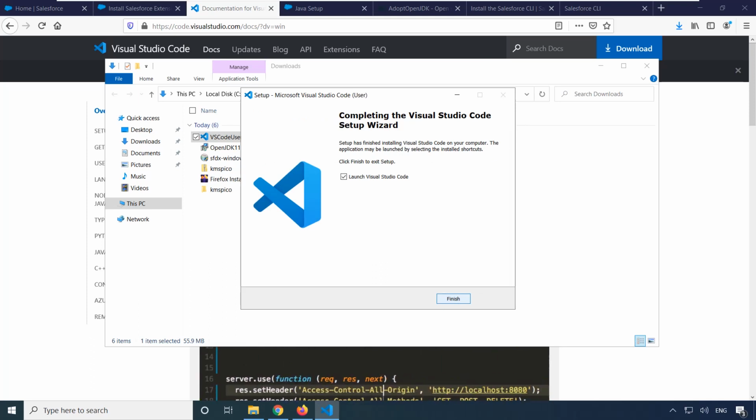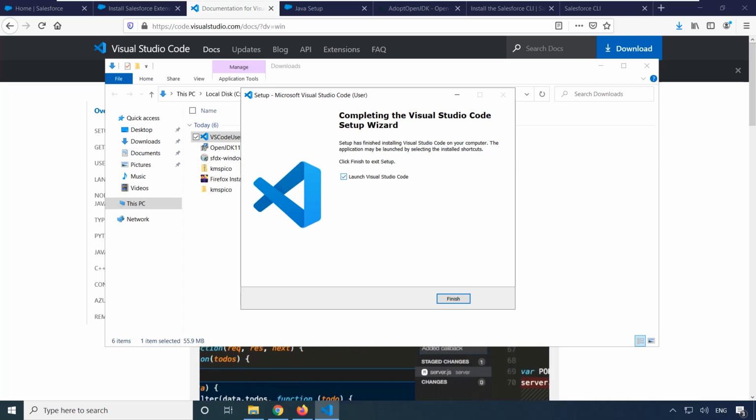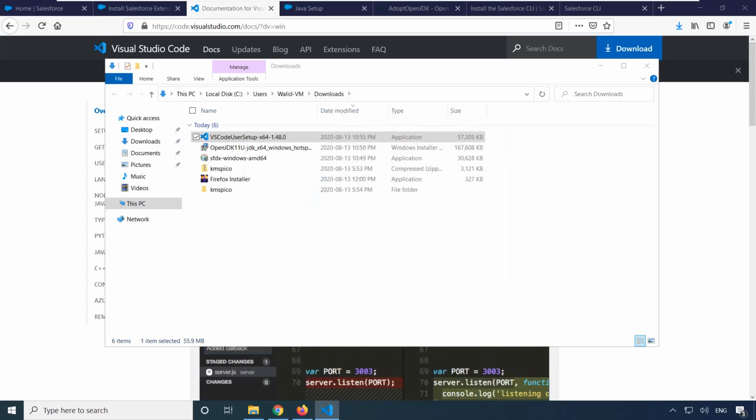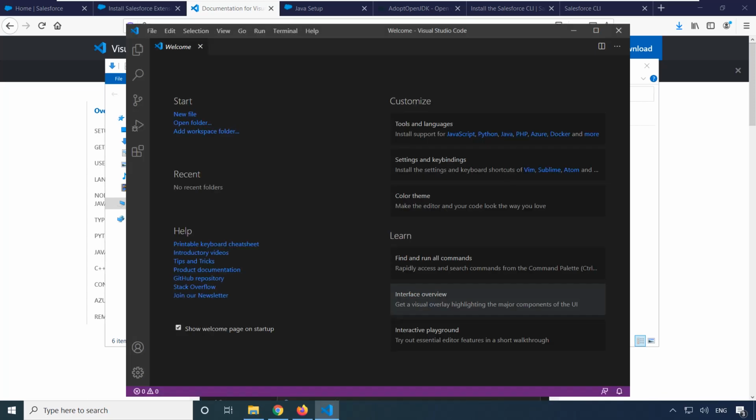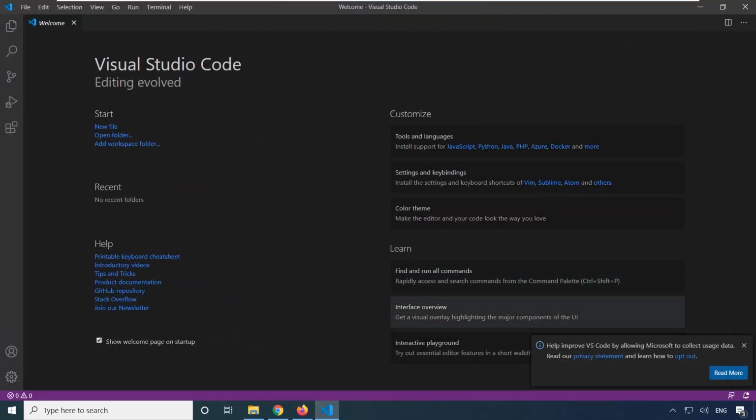Okay, so now we have the three components installed. We have the command line interface, we have the Java, and then we have VS Code. Let's launch VS Code. So what we have to do now is install the Salesforce Extensions Pack. To do so, we have to go to the Extensions menu,